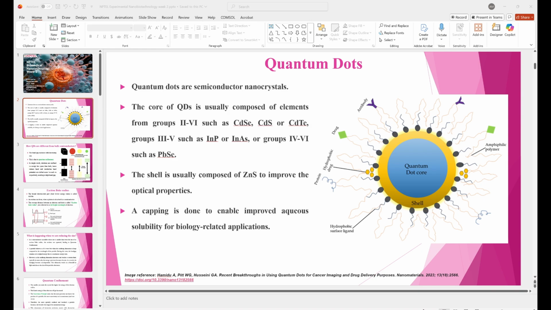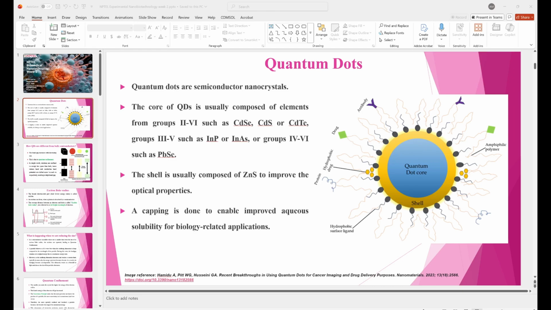So these are all heavy metals that we are talking about. So in heavy metals, what happens if you use it for biological purposes? There will be toxicity. Okay, so another group of elements which make quantum dots is group 3,5, such